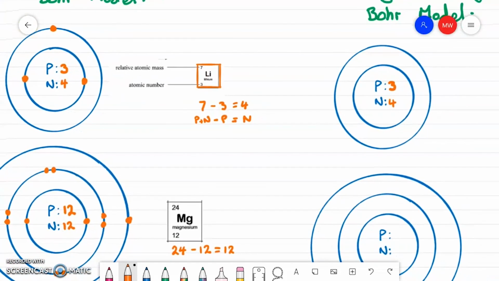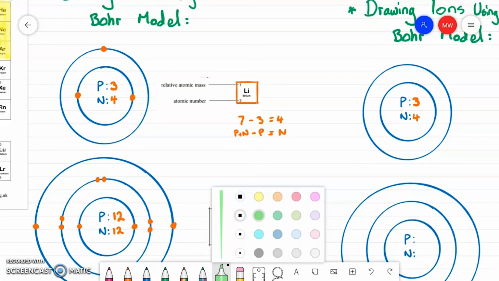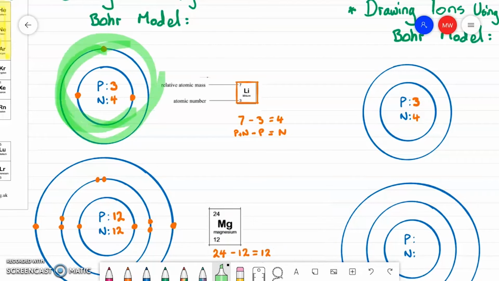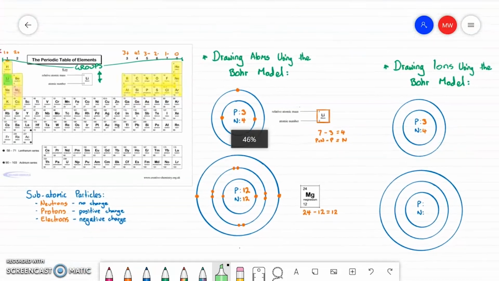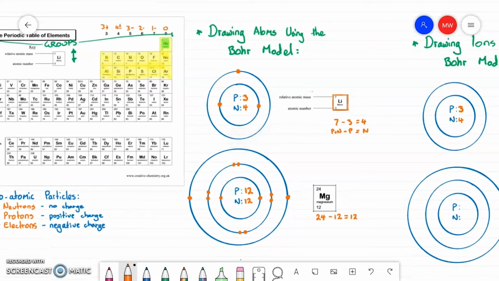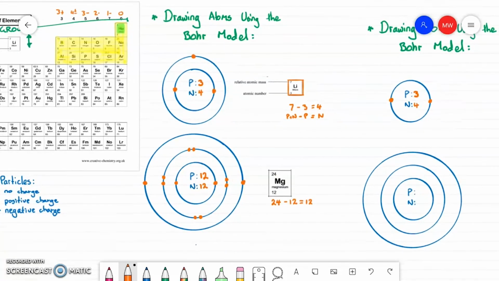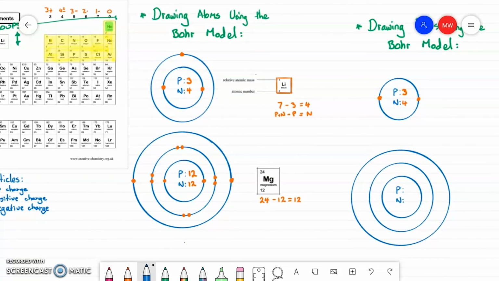So if you have a look at this atom on the left, okay, so now I'm talking about the atom here. I'll swap back to green so I keep my color coding right. But if you have a look at this atom here, it's much easier for this one to just give up an electron than to try and gain another 7 in order to have a full electron outer shell. And remember, what it's trying to do is jump down a level and become like helium. Okay, it wants a full outer shell. So that means that it will have 2 electrons here, but that electron there in the outer shell will be given away. And so now what we're left with is a lithium